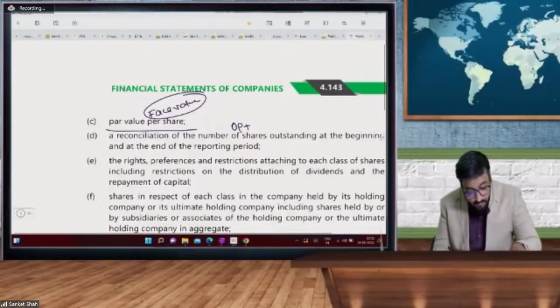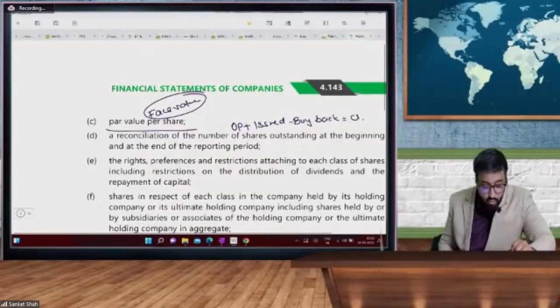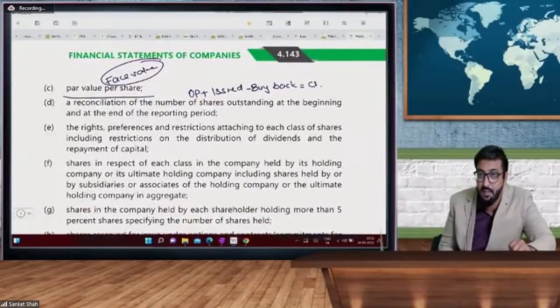plus issued during the year, buyback, which is equal to closing. So a reconciliation of number of shares outstanding at the beginning and at the end,